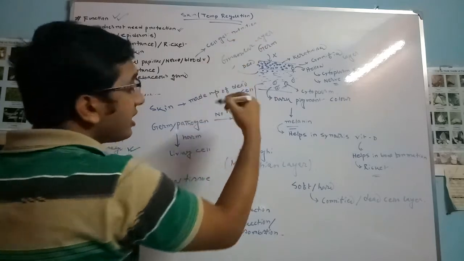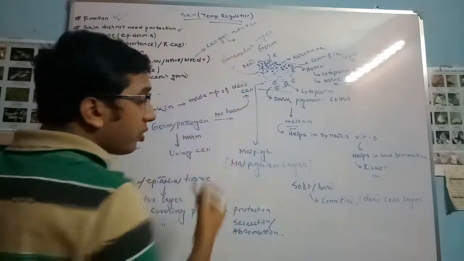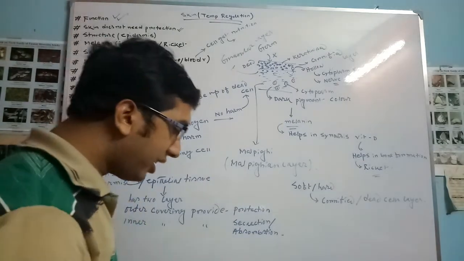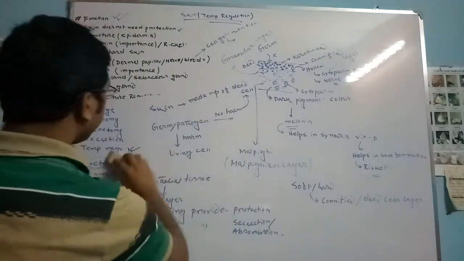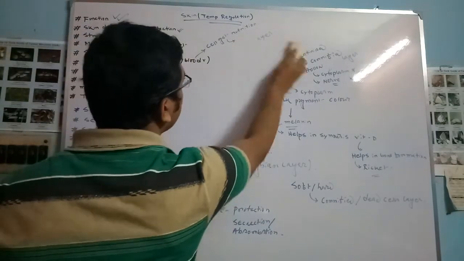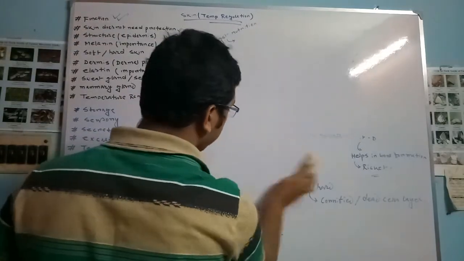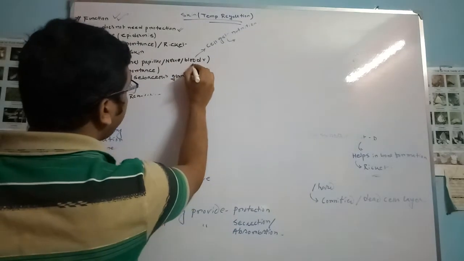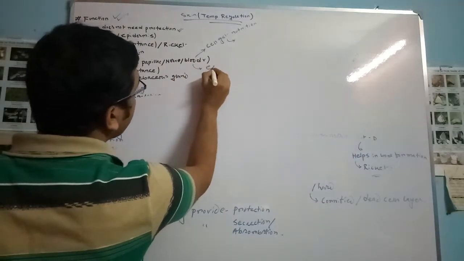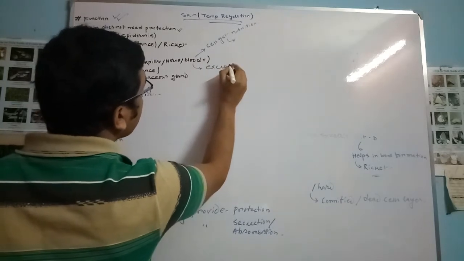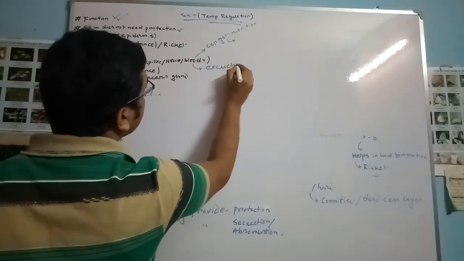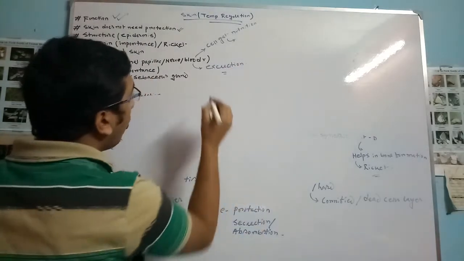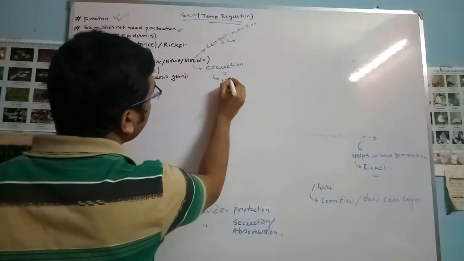And when cells get nutrition, they also produce different types of excretory substances. Here the blood vessels are present, so waste product excretion takes place here. The living cells produce waste product, and that waste product